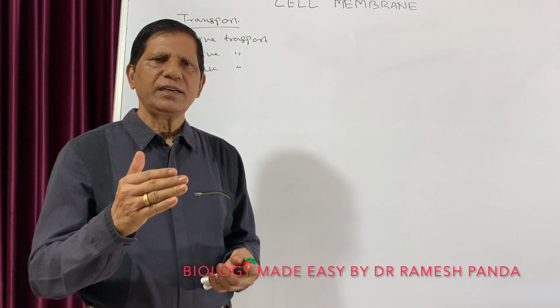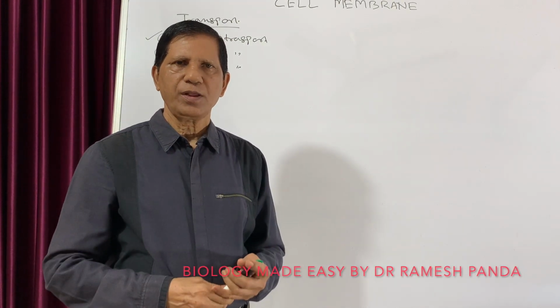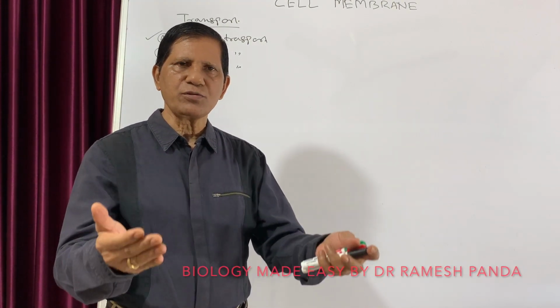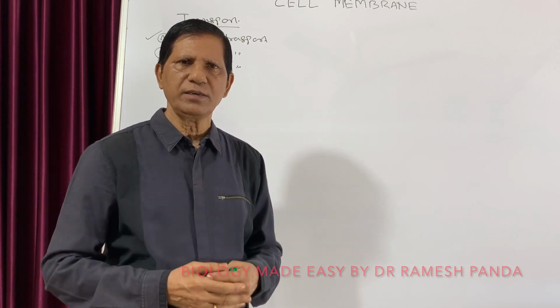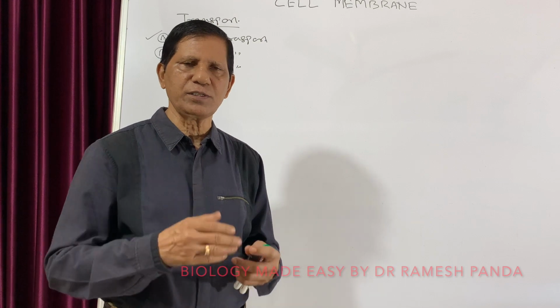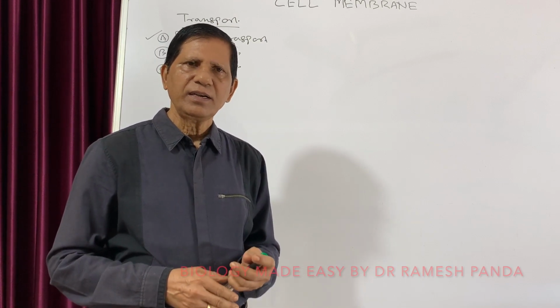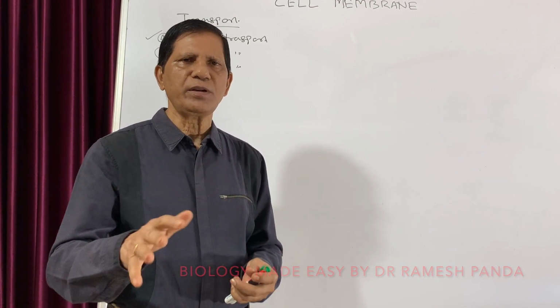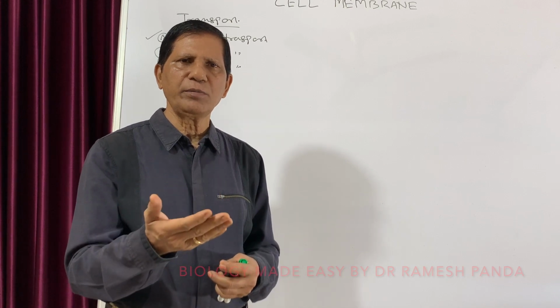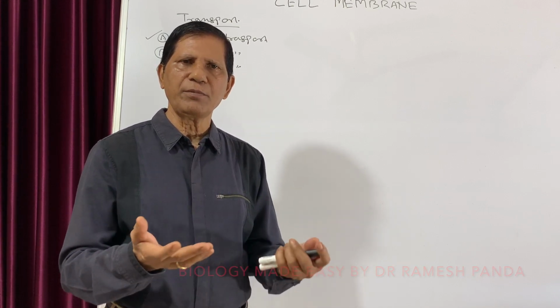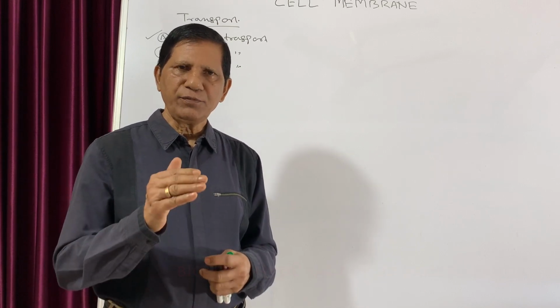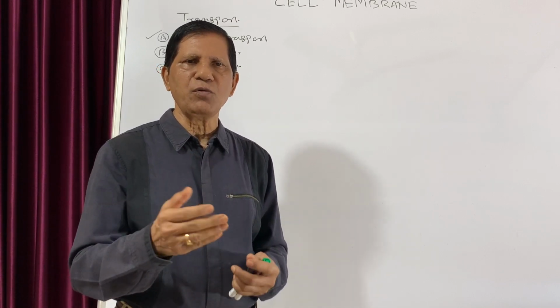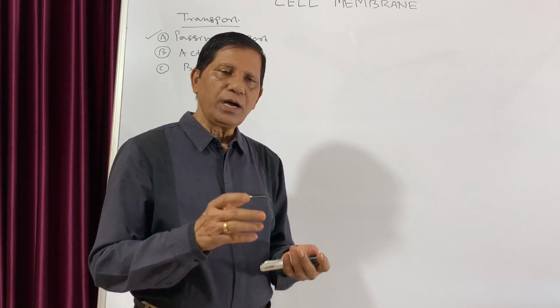The cell is an open system. Always substances from outside move inside, and from inside they also move outside. It is a continuous process. And this cell never attains equilibrium. If it attained equilibrium, it would have no life. So it never maintains equilibrium. If we give an example, it will be still more clear. In a cell,